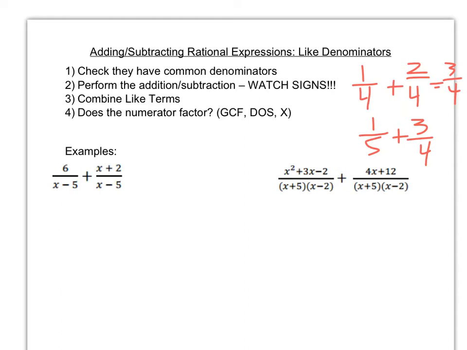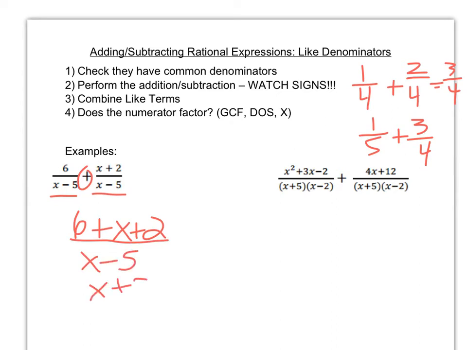It's the same idea when we're dealing with fractions that have variable expressions. So I always need to check if I have a common denominator. In this first problem, we do, so I can just add the numerators. You want to pay attention to what sign you have here. When it's addition, we don't really need to worry very much, but when it's subtraction, we need to be careful. So I get x plus 8 over x minus 5, and that's not going to simplify any further because my